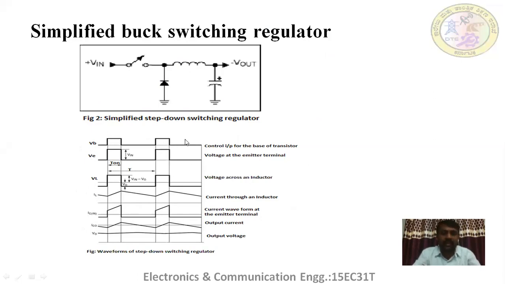These are some related waveforms at different stages. One is the control input. This is the signal or voltage levels available at the input side of the inductor. This is the voltage across the inductor. This is the current waveform. Simply see here, the current starts increasing and reaches its maximum during the on period of the switch, and it starts decreasing or discharging when it is in the off state, and so on. These are the output voltage and output current waveforms, and the output voltage is constant. So this is what we are getting at the output side.